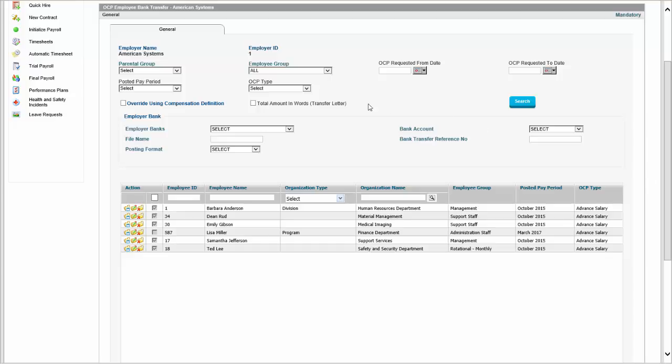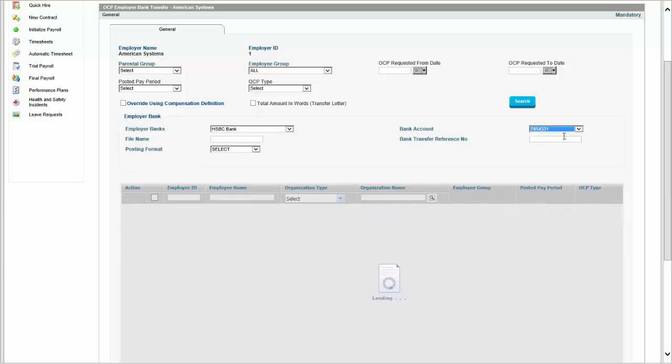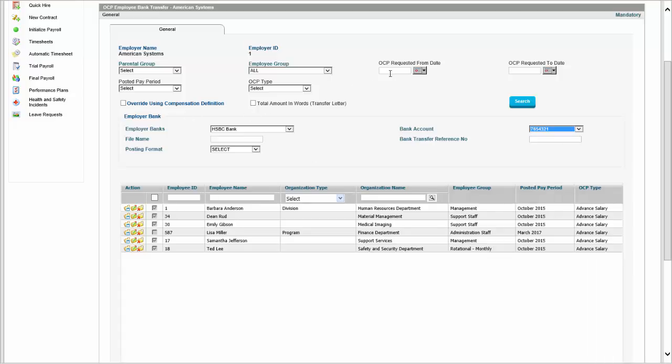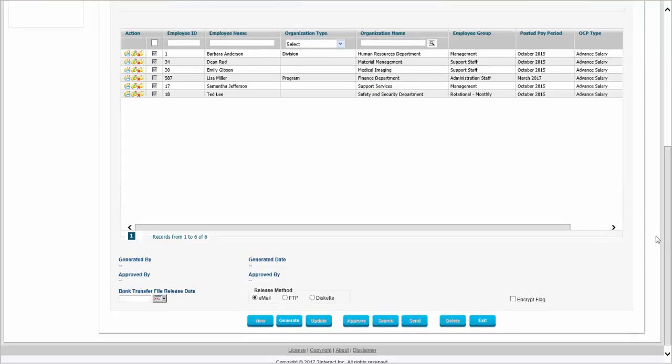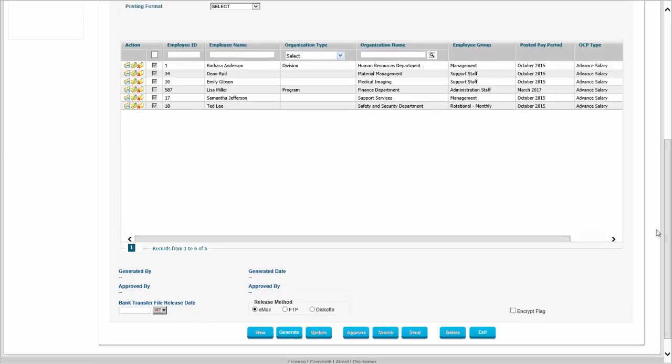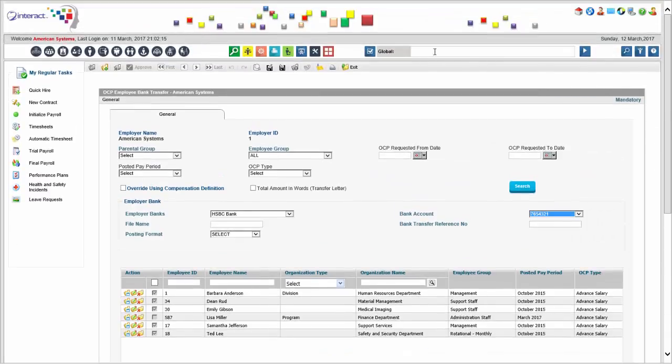So I can go and check, choose the bank from which we are going to make this payment and the bank account that we're going to use. And then we can produce the off-cycle payroll bank file. That's one step. The second step is that we're now, when we go and run our automatic timesheet,